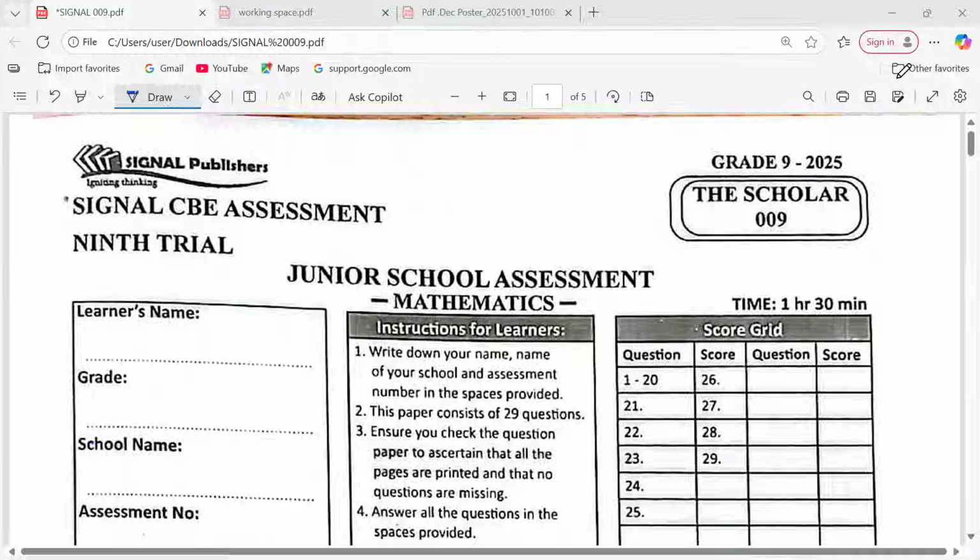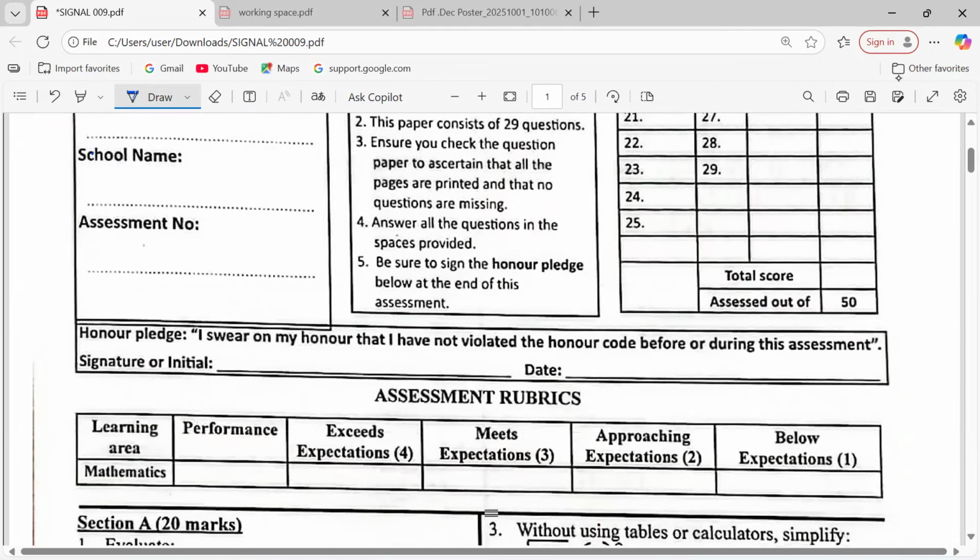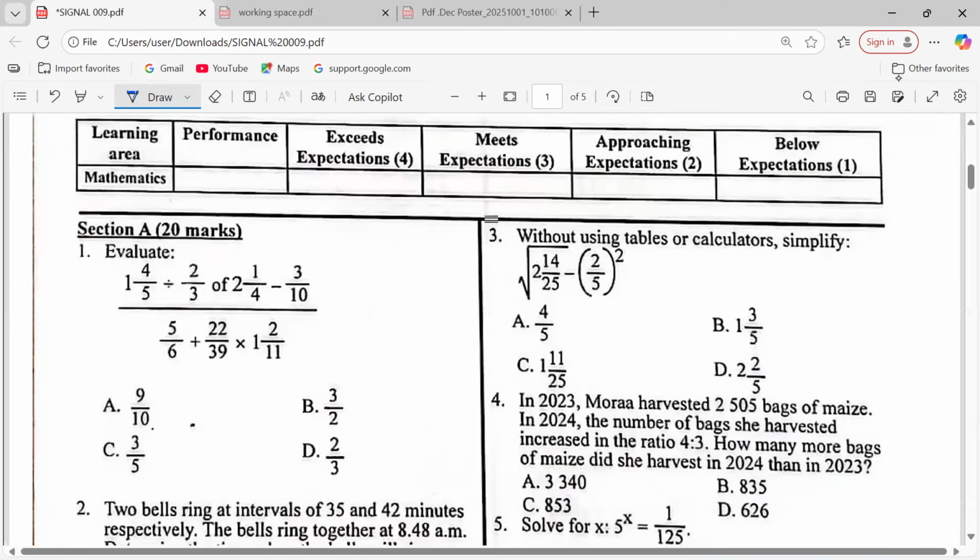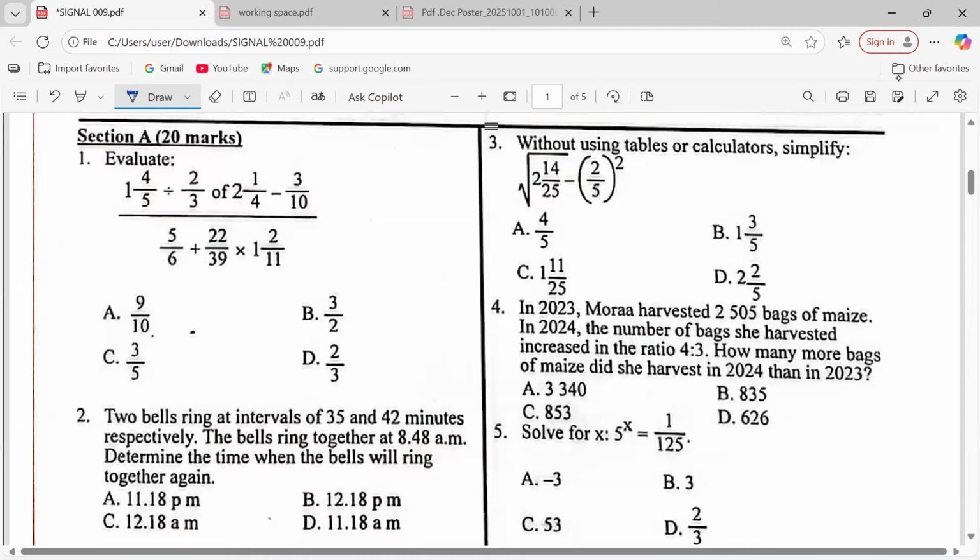We shall be discussing the Signal CB assessment, or rather the Scholar 009. So this is the 9th prediction, the 9th trial from Signal. It's a very good paper, and it's my hope that you guys are going to benefit a lot from it. So we shall manage the space on the paper, which is a little bit limited, and also some more space